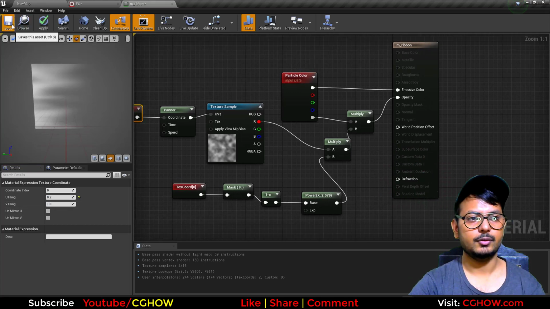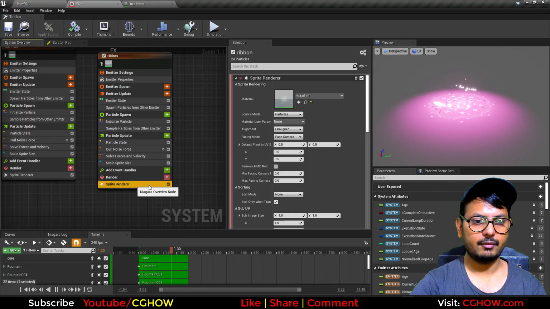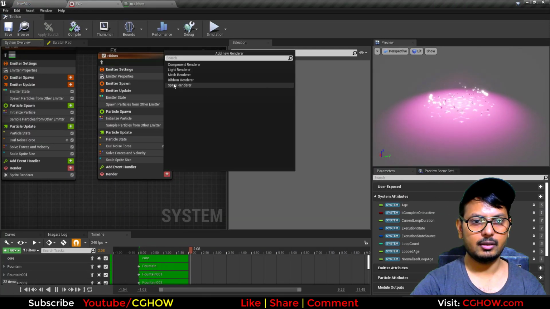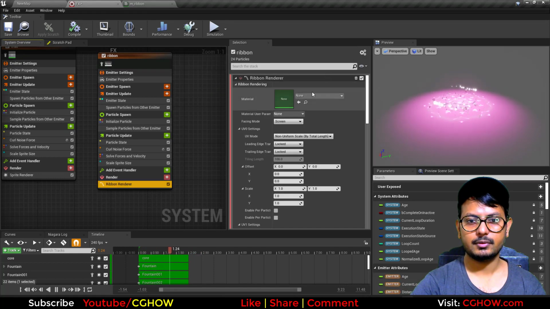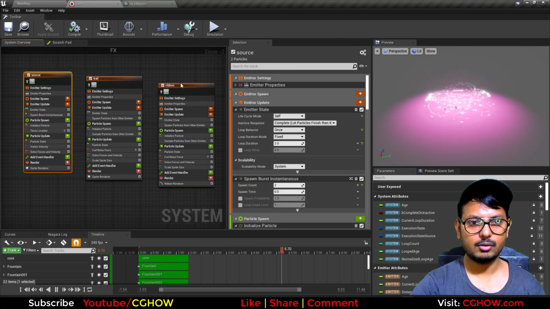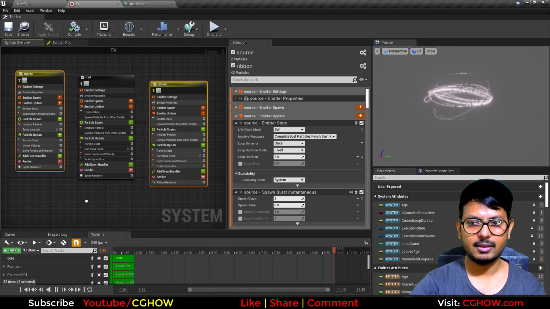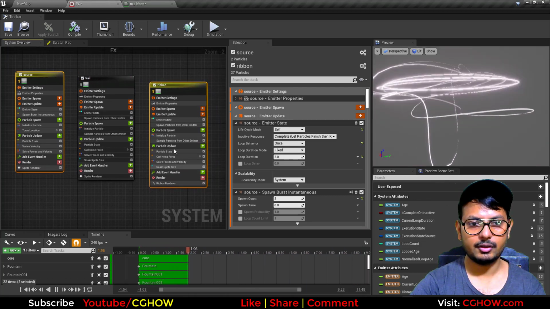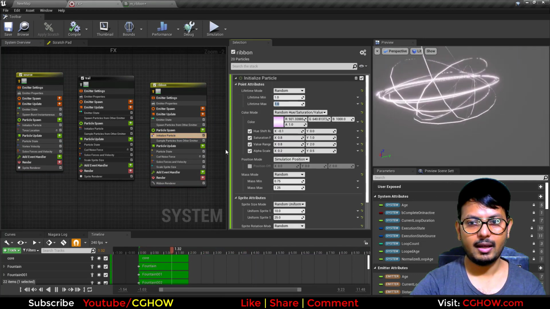Okay, I'll use it. Browse this, and here I will delete this sprite renderer. I'll take the ribbon, connect, and now I will just isolate this source and this ribbon, and you can see already the ribbon is spawning, but there is an issue because it doesn't work on random life, and then